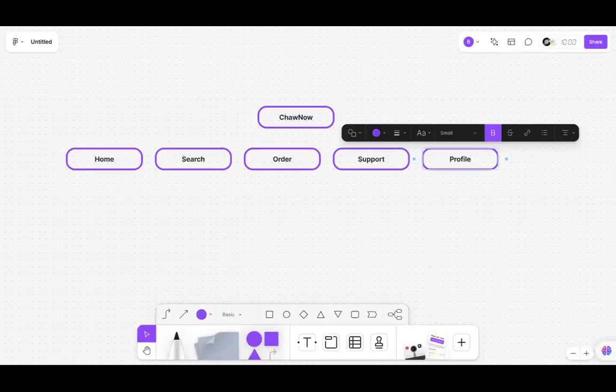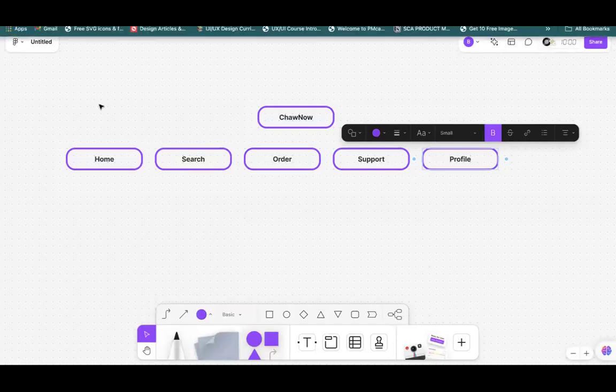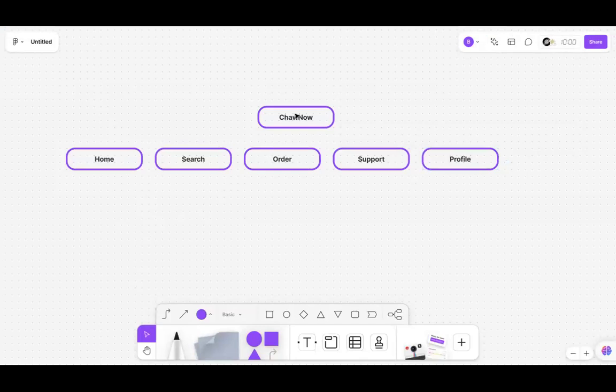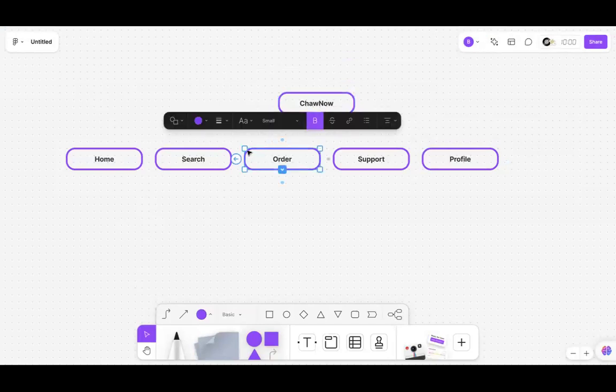Now that's their nav bar. If you check under each of them, you would see different things. Under home, they have restaurants, they have supermarkets, they have pharmacy, they have this. So now that we already have this, I want to try to